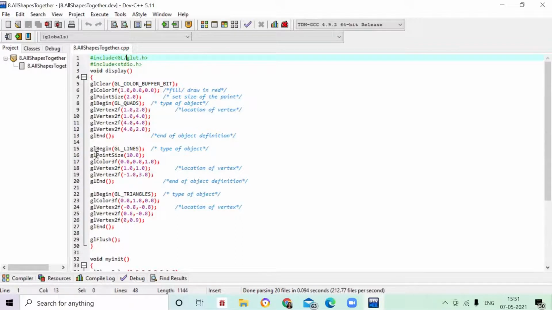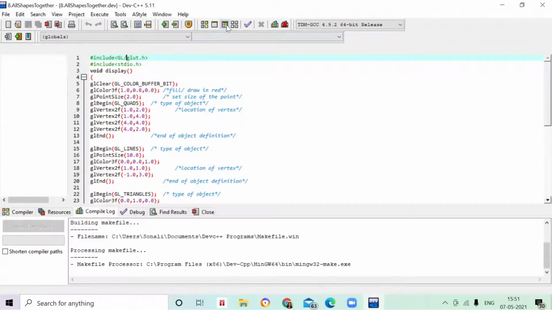Next, suppose I want to see my lines, so I'll write glBegin GL_LINES, glEnd, and the 2 vertex points. If you want to give a specific color to your line, you just mention it over here. Next, I want to see the triangle. So glBegin GL_TRIANGLES, glEnd with 3 vertex points, and just fill the color you want to give. So this much only you are going to add in one program.